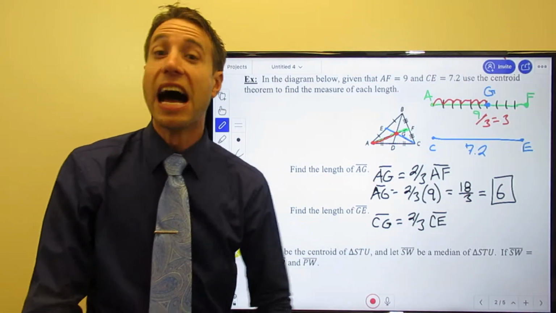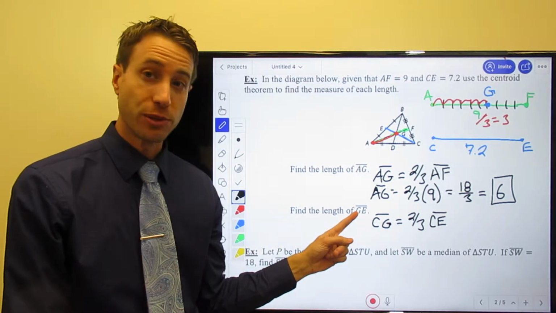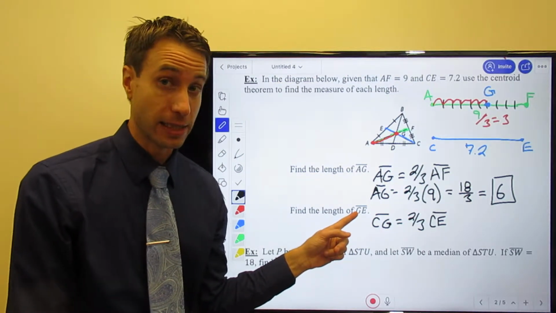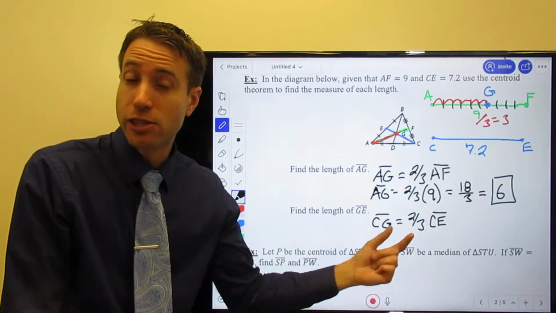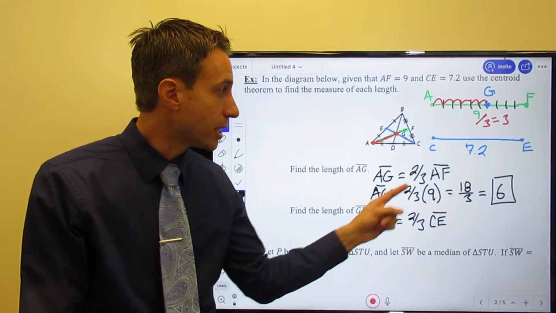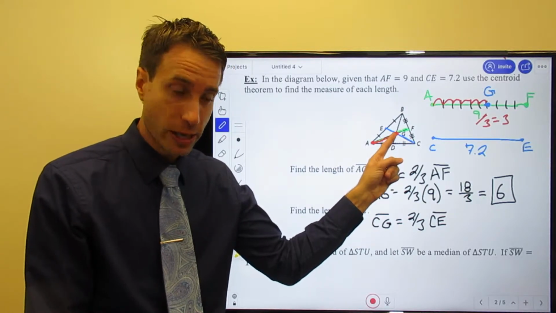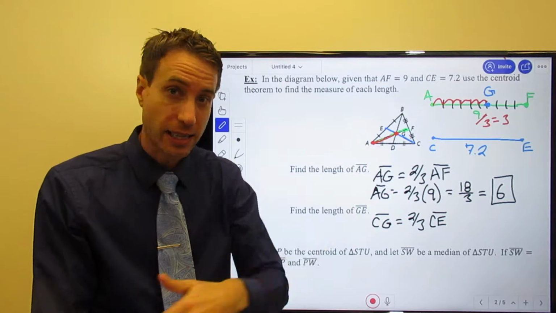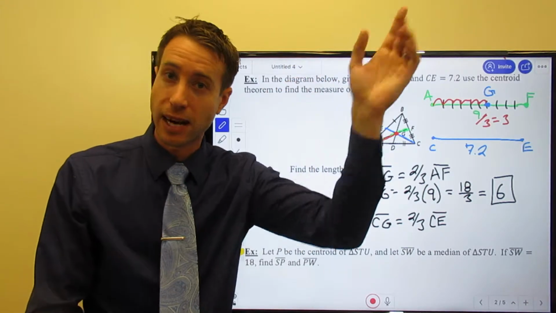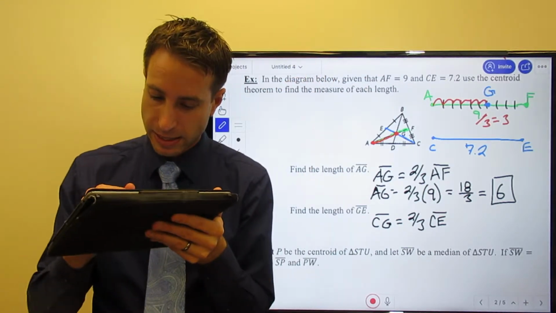Okay, let's go on. I know, I didn't ask you to find CG. But this is where we have to start, right? This is where we need to start, so we'll start here. CG from the vertex to the centroid is 2/3 of the way, C to E. I gotta go 2/3 of the distance of the entire length, C to E. So here we go. CG